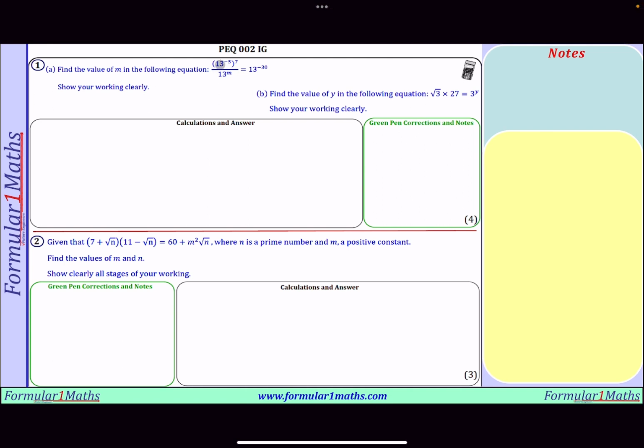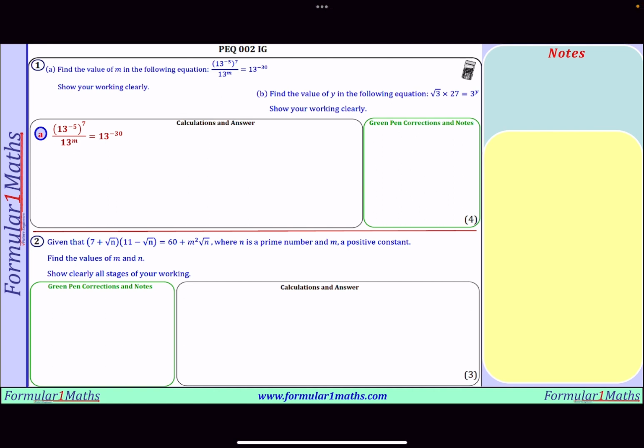13 raised to the power minus 5, all of that raised to the power 7 over 13 raised to the power m is equal to 13 raised to the power minus 30. Show your working clearly. B. Find the value of y in the following equation. Root 3 times 27 is equal to 3 raised to the power y. Show your working clearly. So for A, this is the equation we need to solve to find the value of